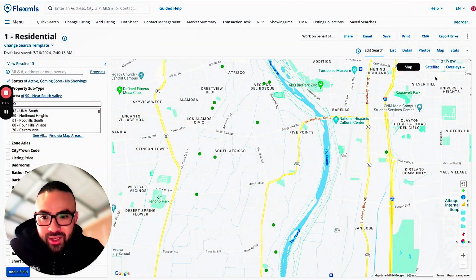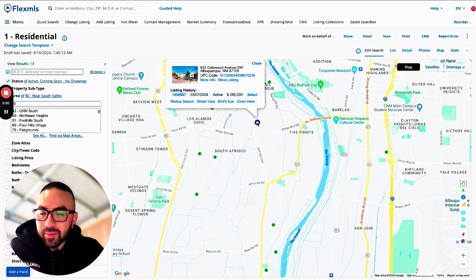Alrighty, now hopping onto the MLS and really taking a look at what there is to offer. There's a little over 13 homes in this area, actually. So let's hop right in and just pick out a home. Let's take a look at this house here that's listed at $265,000 and see what